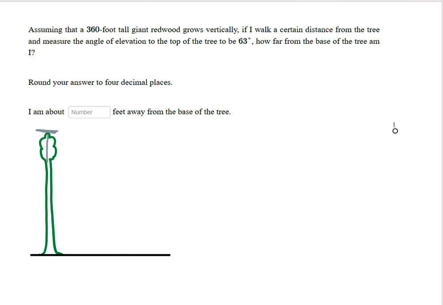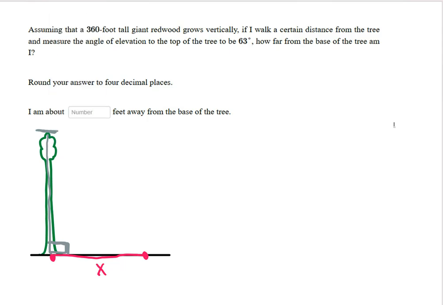and we're going to assume that this tree grows vertically, so there's a right angle here, and then we're going to walk out. We're going to start walking to somewhere here. So from here to here, that is the unknown distance, or the certain distance. If I walk a certain distance, we'll call that x, from the tree, and then measure the angle of elevation